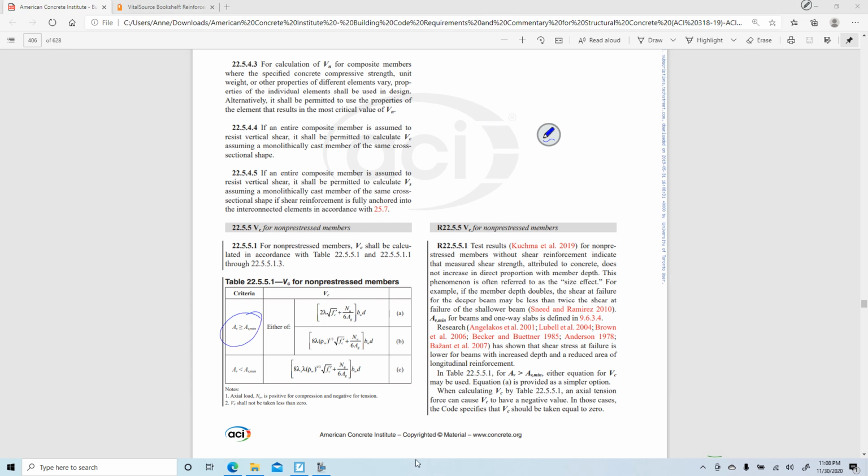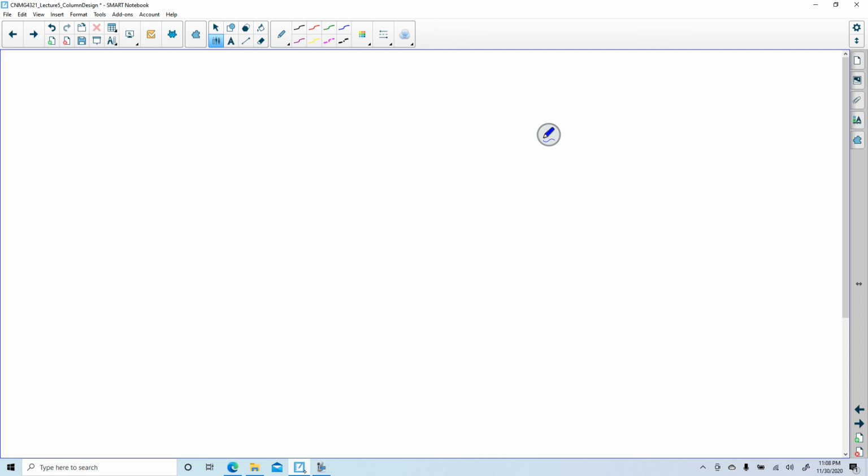Right, so we're satisfied AV min, just barely. We can use this top one. We do have an axial load, so that is going to help us. So let's see. Since AV is greater than AV min,